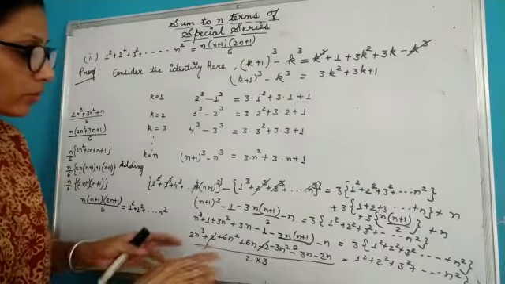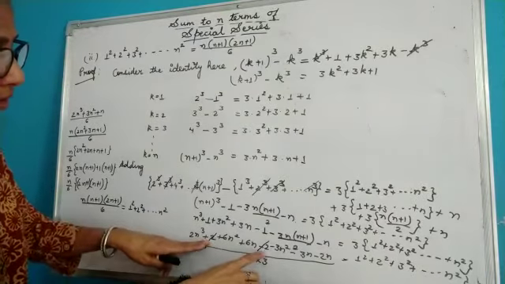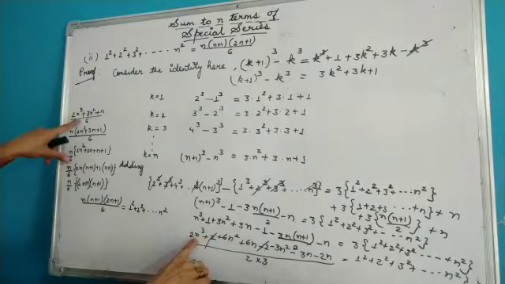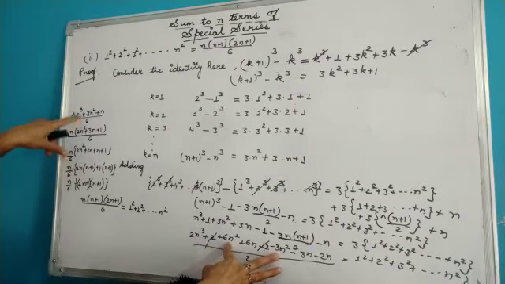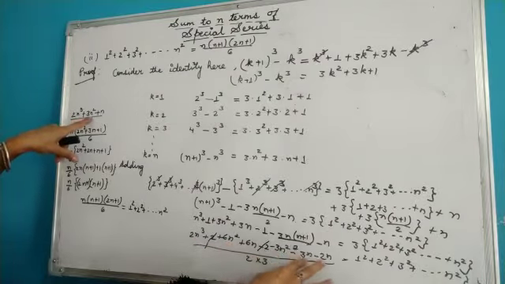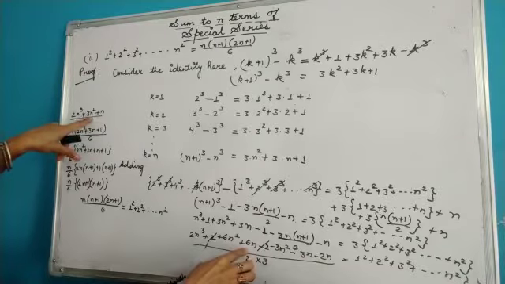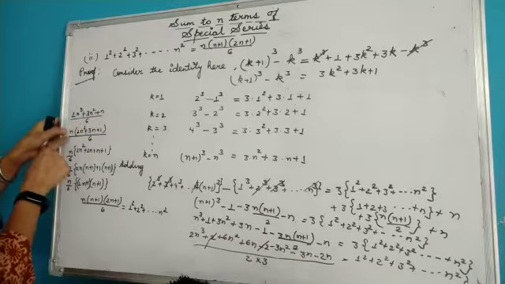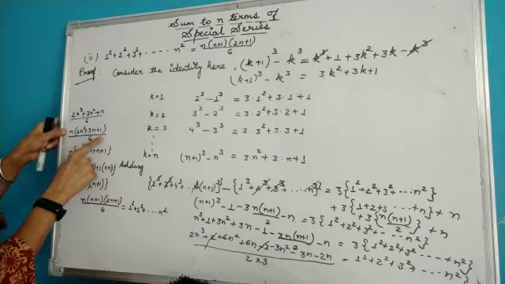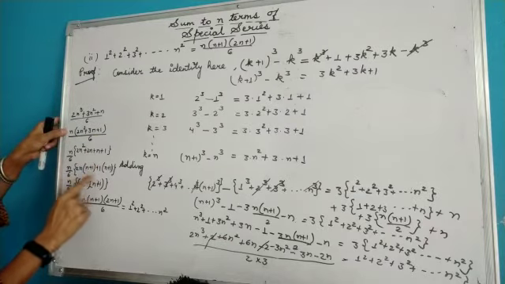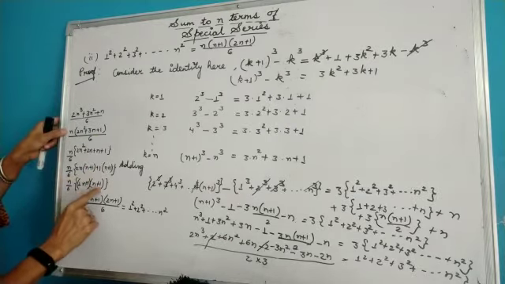So this is the calculation I have done. Plus 2 gone with minus 2. This is 2n cube, so I have written here 6n square and minus 3n square is plus 3n square. This is minus 5n and plus 6n will be plus n. I have taken n common, so I have got a quadratic equation. Here you need to factorize it and you will get it as n plus 1, 2n plus 1.